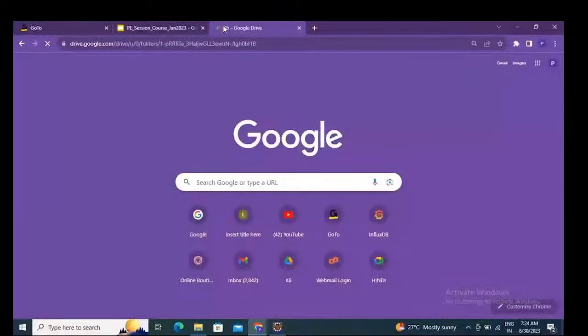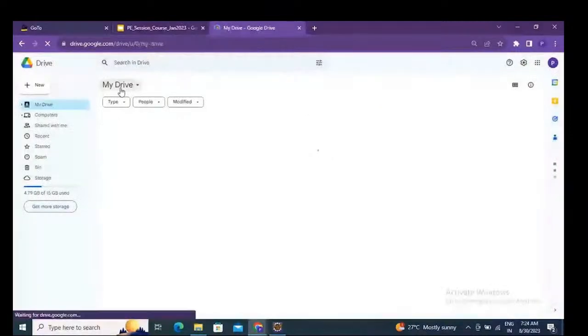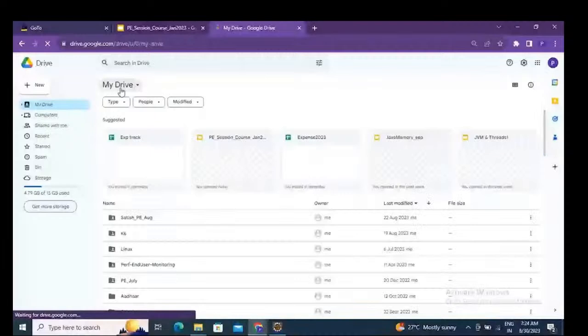All the artifacts, all the war files or code that we use, the scripts, the JMeter scripts that we use, and all the documents that we create from a response time analysis, memory analysis, thread analysis, all that we do, will be uploaded into the drive, which you